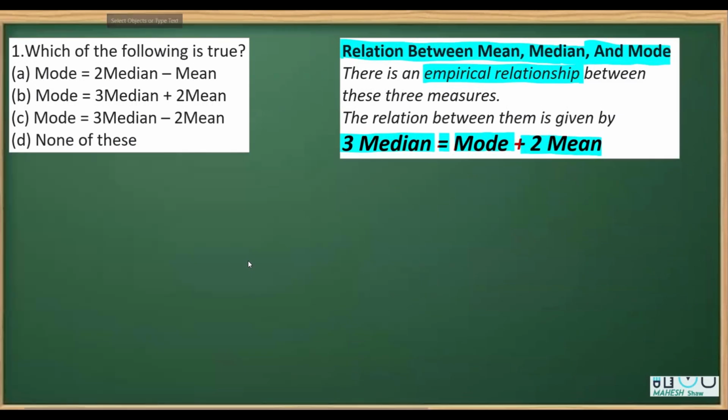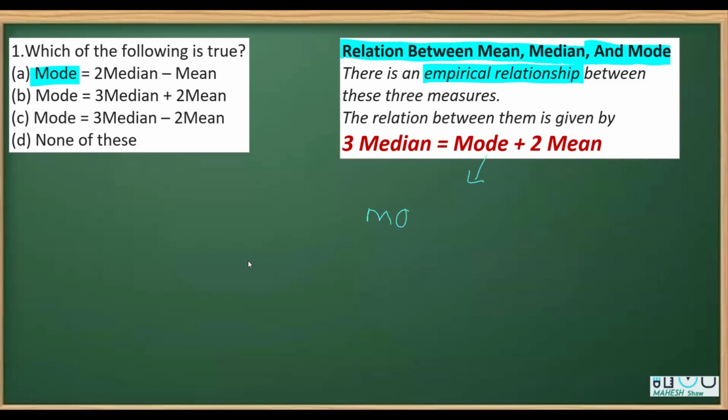Now, when we see the first question here, it says which of the following is true. Well, when you see these options A, B, C, D, you'll find that none of these is same as what we have written here, right? None of these is same here. Now, in that case, what you can observe is that we actually have to find mode is equal to what. So for that, what I'm going to do is to